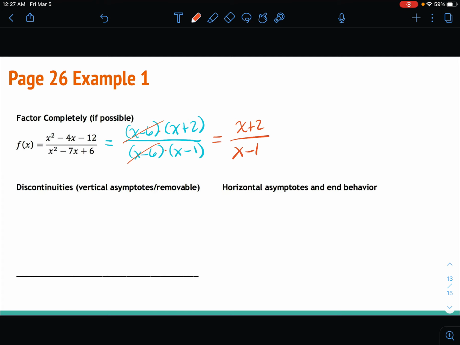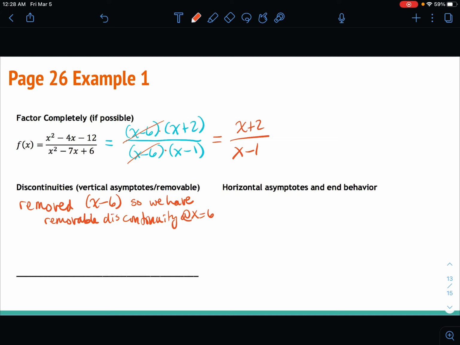Now we need to start finding all these key features in order to graph. So the first thing I'm going to ask you is discontinuities. So vertical asymptotes or removable. So when you cancel a factor with a variable here, x minus 6 over x minus 6, we are removing, so we removed x minus 6. So we have a removable discontinuity